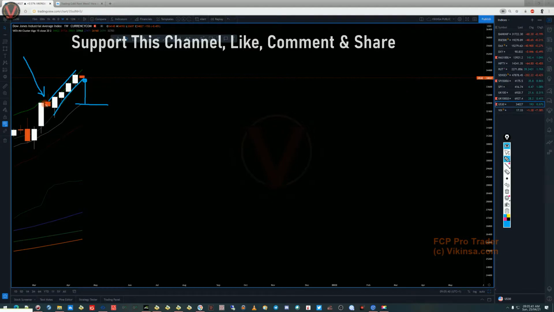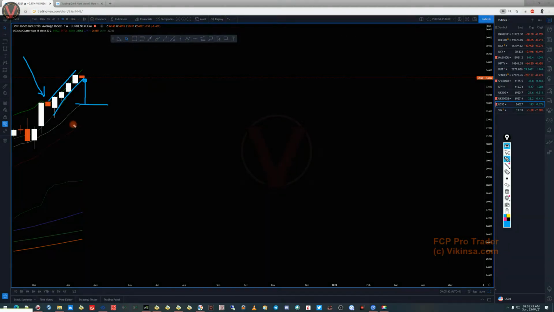This is a very good rejection which is happening right now. This is a very good rejection signal. The market has gone up, and it could be just creating a bull trap around here, so we'll have to be careful with that. Okay, so